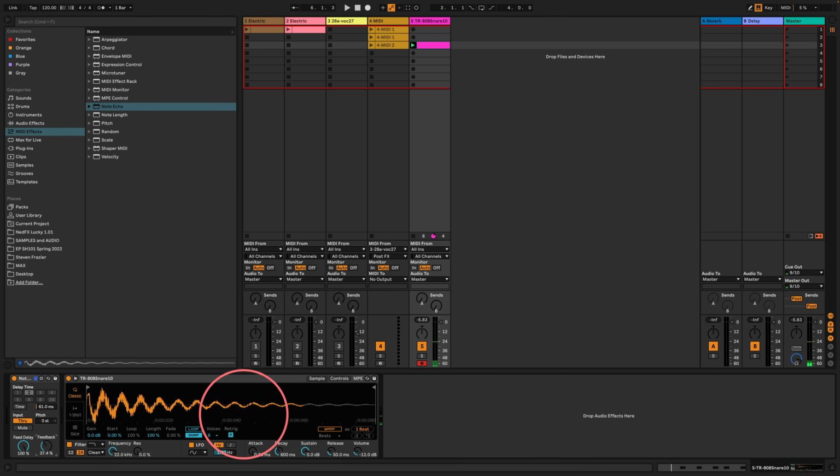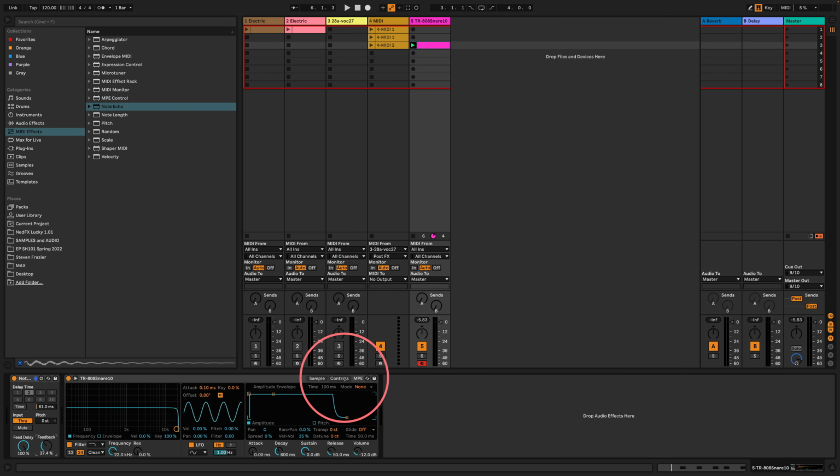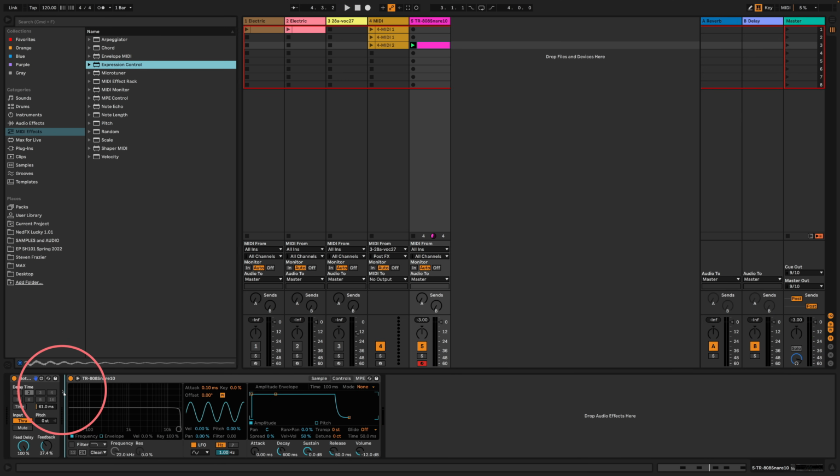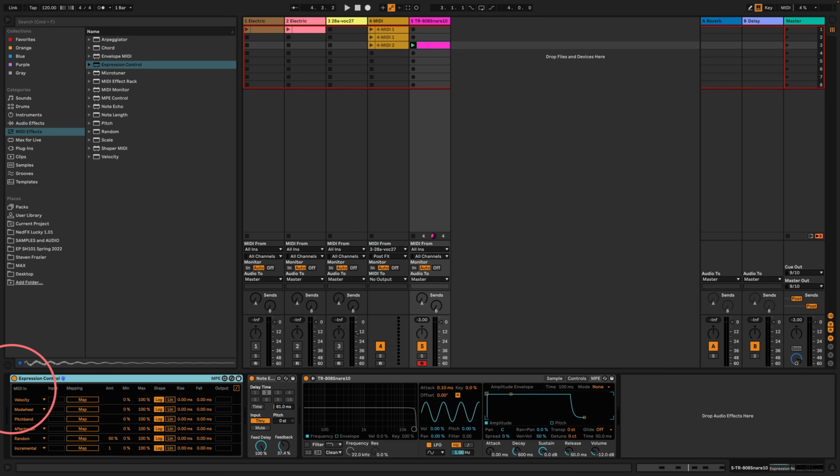So we want to make sure that in this instance, the velocity is mapped to the volume, which would be here. So let's maybe try like 50%. Let's increase that a little bit and see what we get. Let's turn that filter off. Okay, that's pretty good. So again, let's use the expression control to change the delay, the note echo time, but